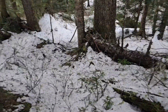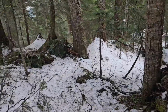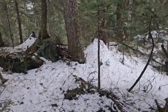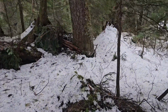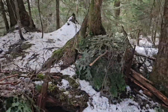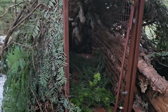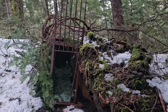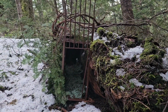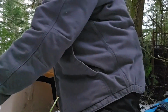All right, first bobcat set. Let's see what we got. All right, you got 2 open doors. Stay. Let's see if we still got our bait. Yeah, still got the bait there. No bait there. Mice. Okay, so I literally just rebaited the